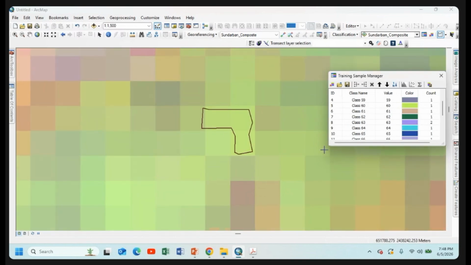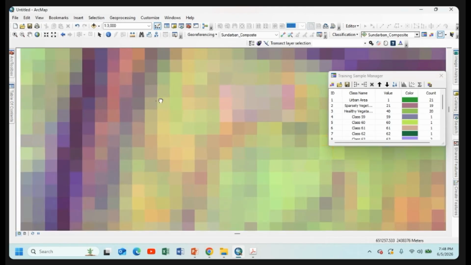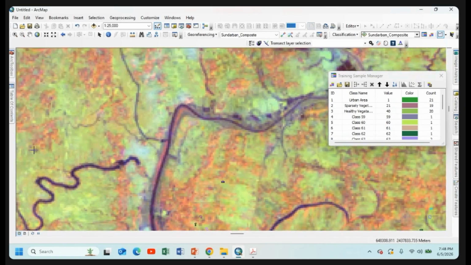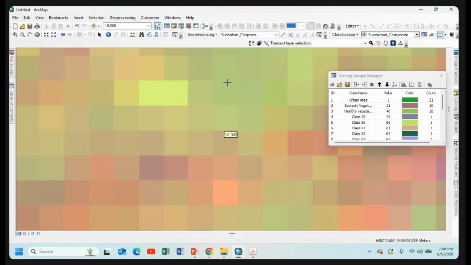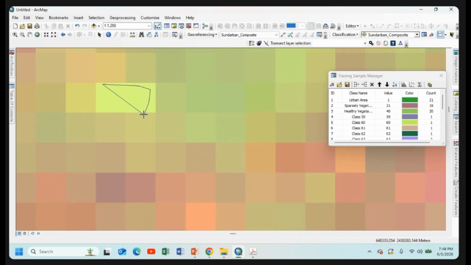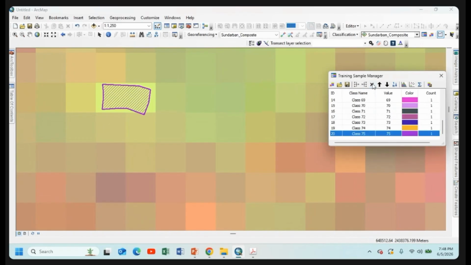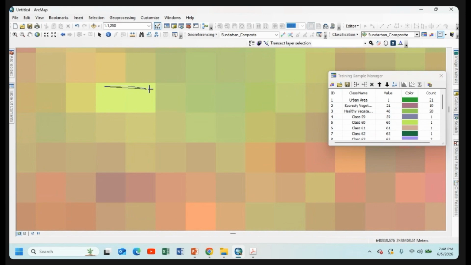Here some pixel. Clearly visualize the, oh, again it is a wrong pixel collection, so I delete it. Okay. Next, from here, we select another training sample as agricultural field. See again, I spread my pixel size, so I delete it. Try to collect accurate pixel for any feature class.